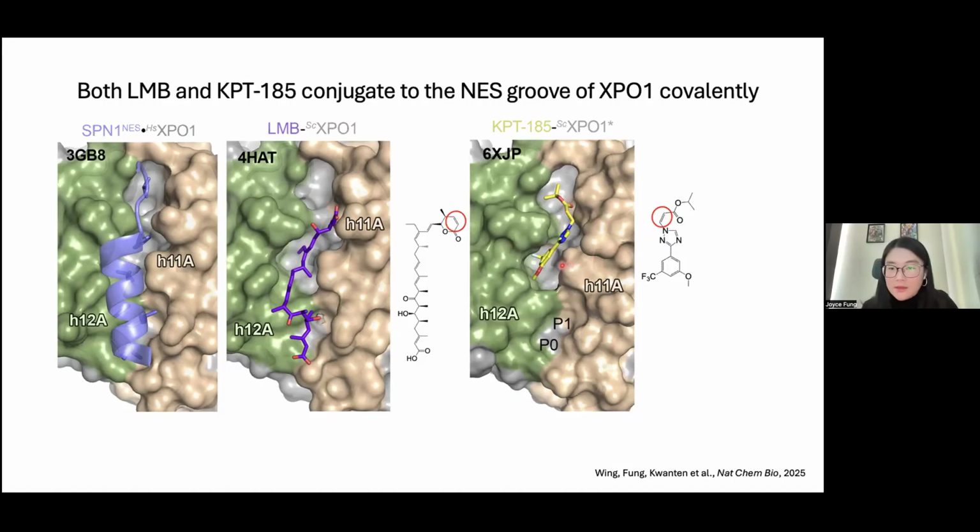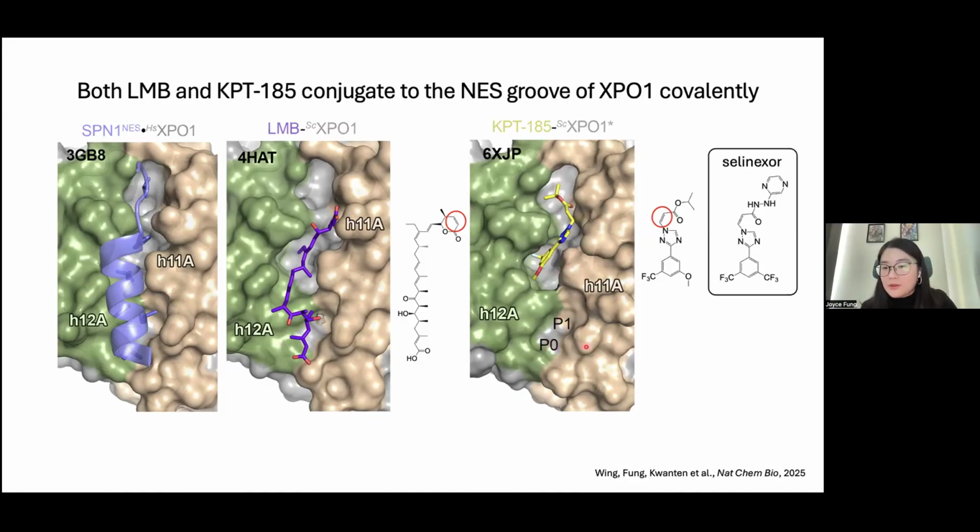As you can see, it's smaller, so it occupies only the top part, leaving pocket 1 and pocket 0 of the NES group open. So the KPT-185 is used kind of interchangeably with selinexor in the lab. They're very similar. You can see the top part is a little bit different and the bottom part is a little bit different, but we use it interchangeably in the